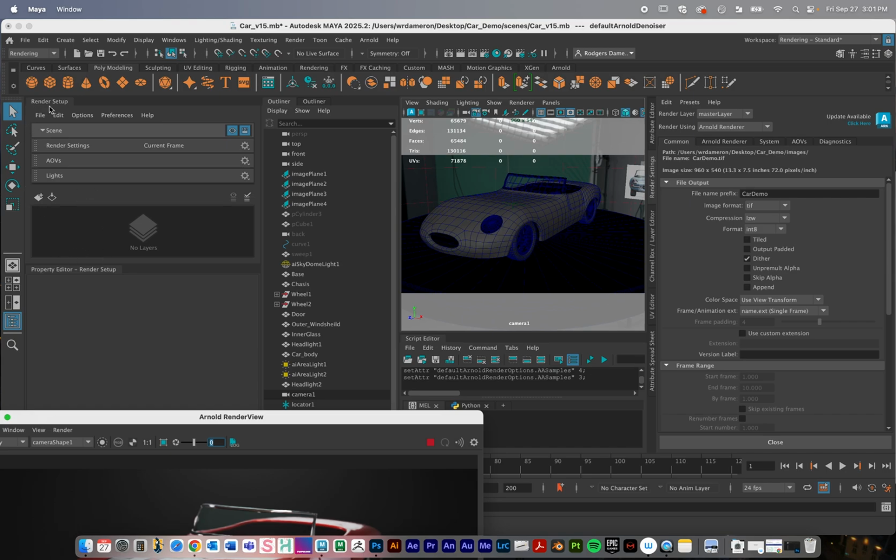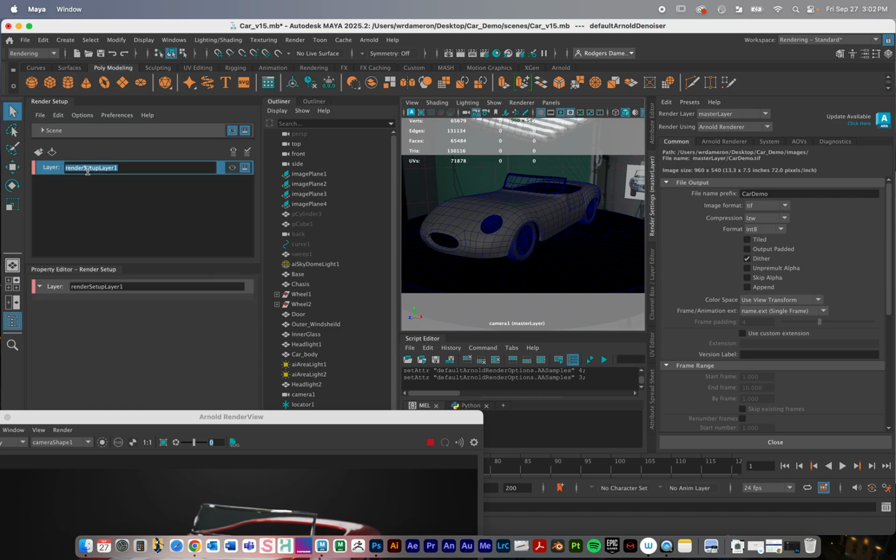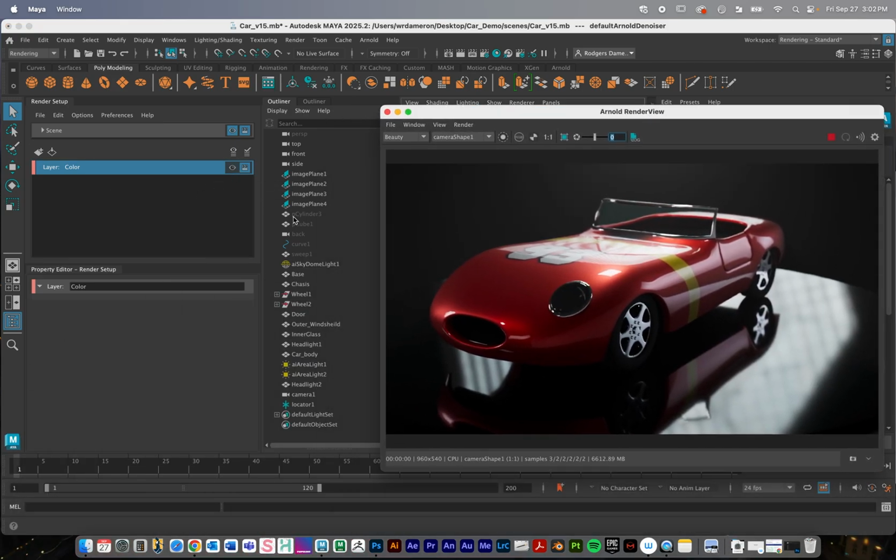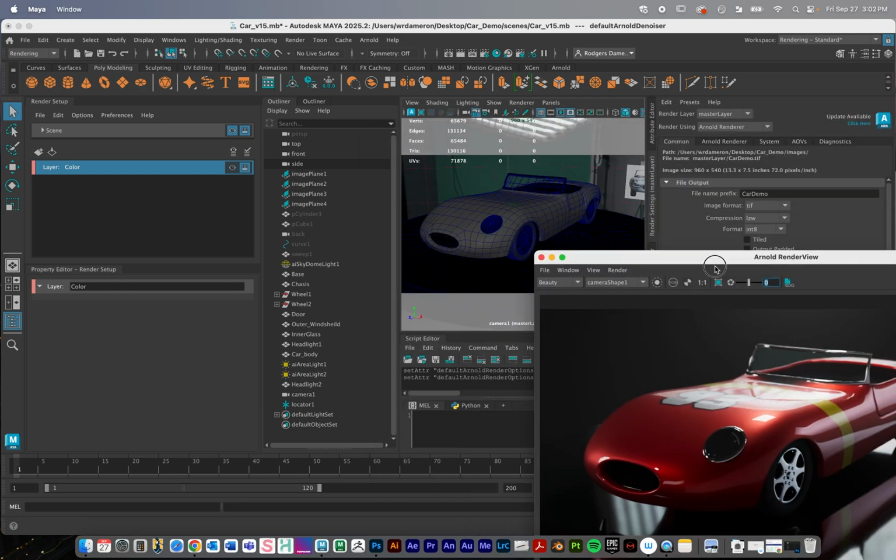So render layers happen under this render setup menu. So again, under the rendering standard workspace, it should show up there. But if you don't see it, it is this button right there that turns up this pop-up window. And so the way that this works is we create render layers, clicking on this button. And I'll just call this my color pass. And this eye icon will become clear in a minute once I have multiple render layers going. It just shows which of my render layers will show up, be visible in my scene,